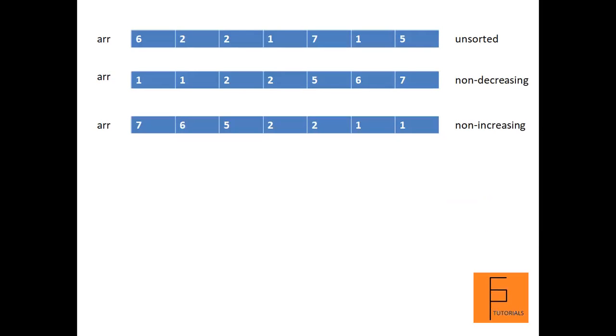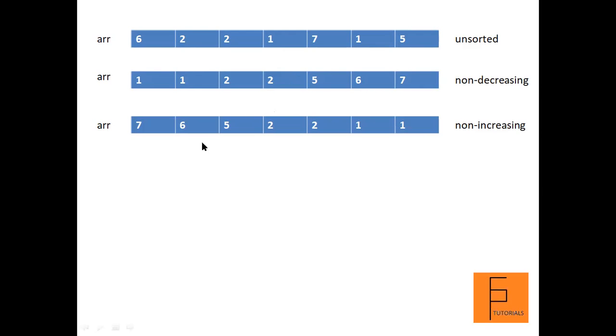Next, what if elements are repeated in your array? It may happen that your array elements contain duplicate values. Then what? Then do you define ascending and descending order? No. When you have duplicate elements in your array, you cannot define ascending order or descending order. There what you do is you either define non-decreasing order or non-increasing order. These two orderings of elements are defined when there are duplicates in your list, which in this case